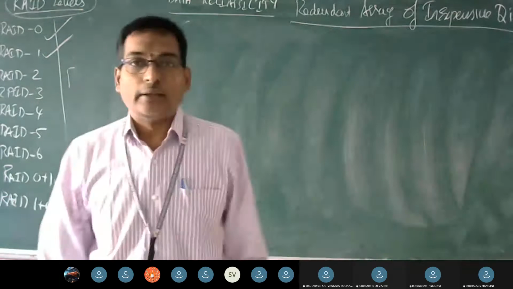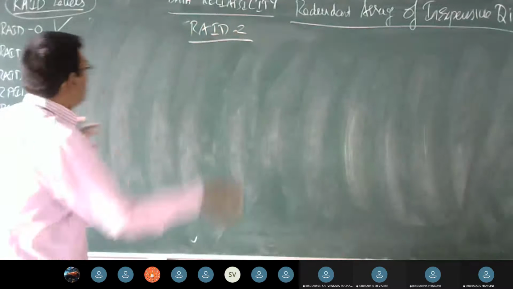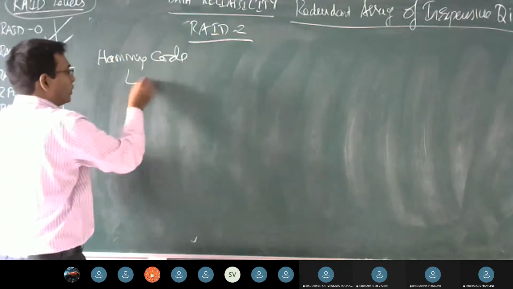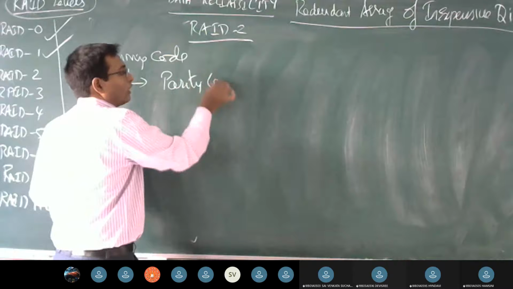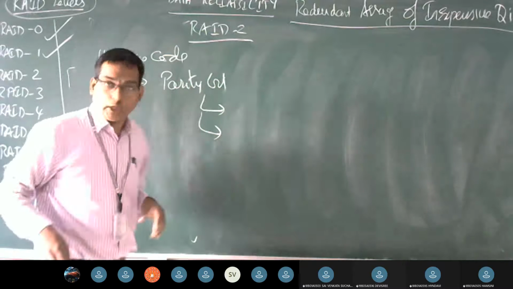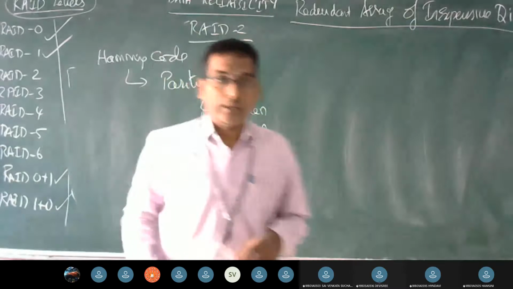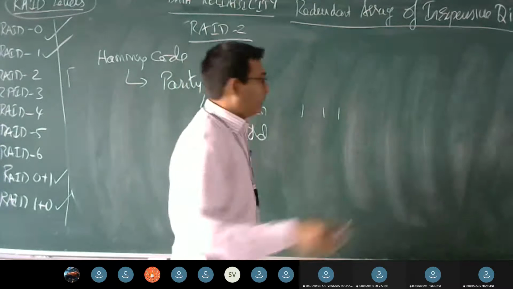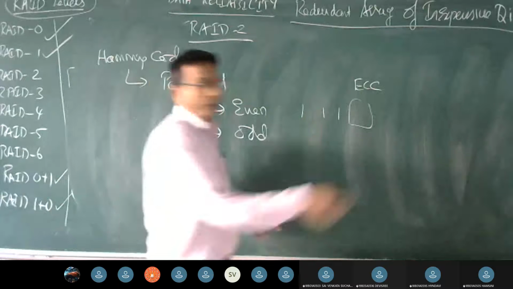Before we enter into RAID level 2, we should have a glimpse of Hamming code. This Hamming code is part and parcel of parity bit, and parity bit is of 2 types. One we call an even parity, and the other we call odd parity. If I have 1, 1, 1, and I have some error correction and detection code, then for the parity bit,